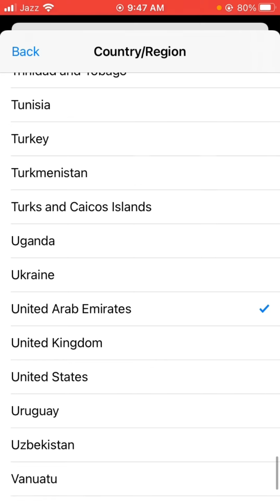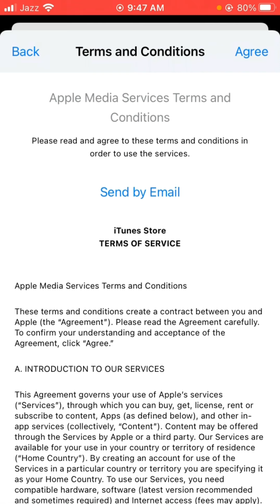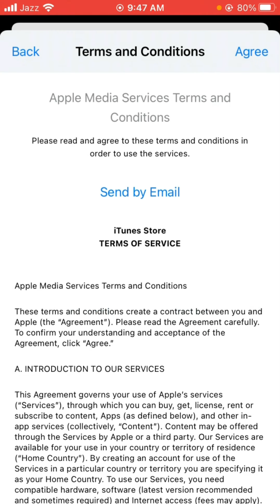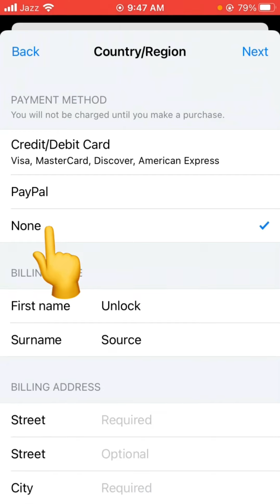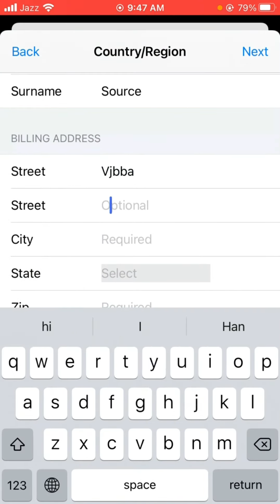so I'm going to select this one and then tap here on agree. Again tap on agree, and now tap on none. Here is credit card, debit card, PayPal and none. So you have to select the payment method as none and then put in the formalities. You can put a fake one